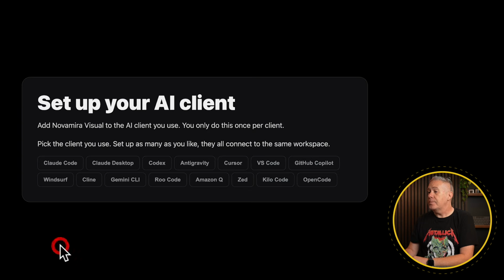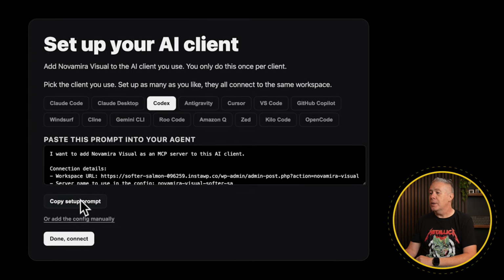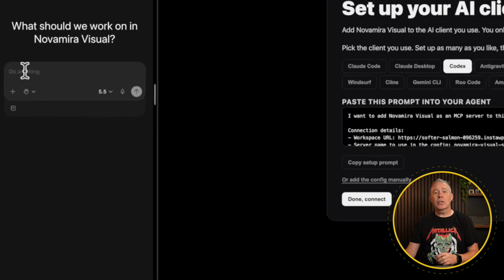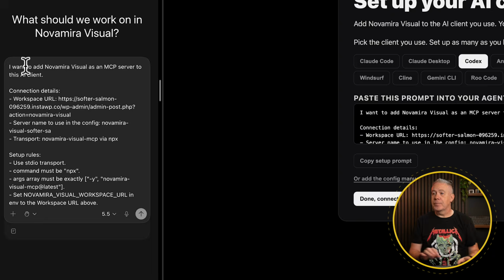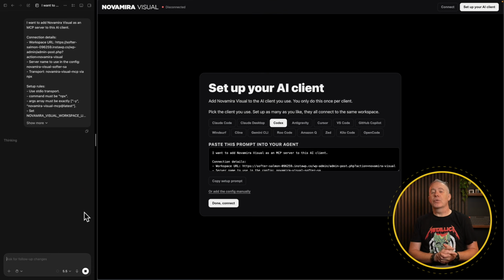Click on Get Started. Then what you're going to do is choose what AI client you're using. I'm using Codex, so I'm going to choose that option from the list. And then simply I'm going to copy this prompt. I'm going to come over into Codex and paste that in. We're going to just choose to send this, and then we're going to let it go through and handle the